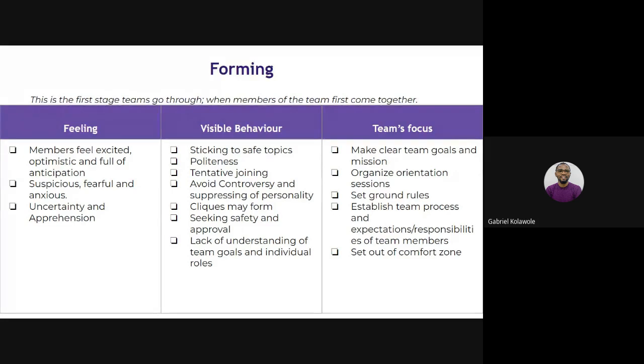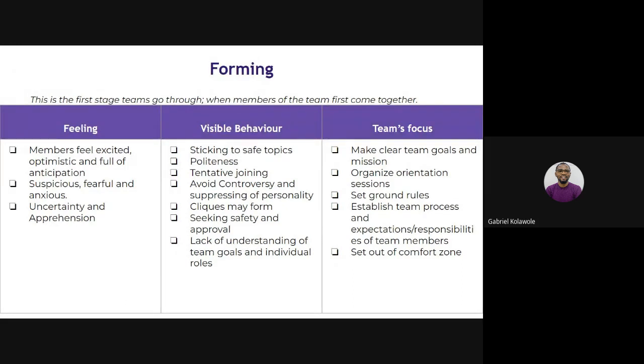Then what are the visible behaviors that happen? When the team gathers together to talk, instead of showing courage, they start sticking to certain safe topics. They limit themselves to things they would say. They don't go all out because, I don't want to offend Anwo. If I say this now, okay, let me not say this yet. They withdraw. That is when politeness sets in.